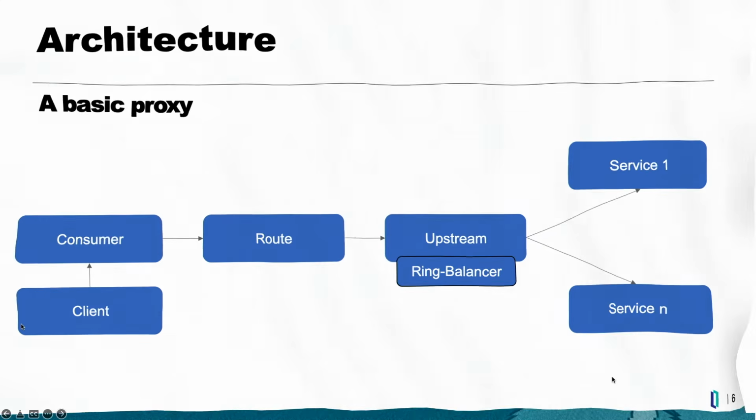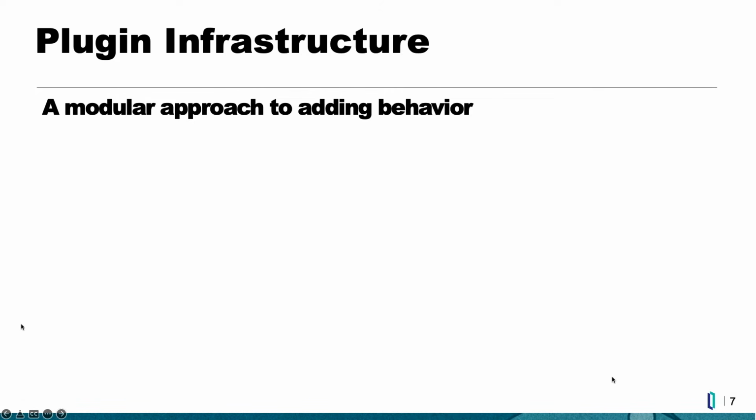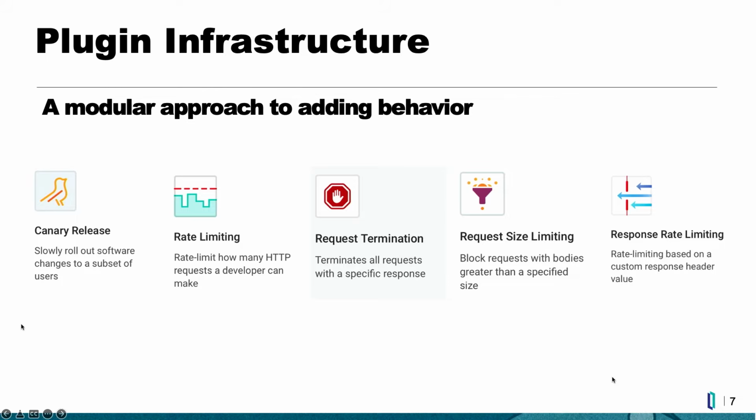So you might wonder, okay, so how do I configure it and add behavior? And you do this by adding plugins and attaching plugins to all of these players that you've seen on that screen, right? A couple of plugins that you see here are a canary plugin for slowly rolling out new features. There's a throttling plugin so that you can manage how many messages are allowed for a certain time window. You have plugins for authentication, you have plugins for logging, and you can attach these plugins basically either globally,